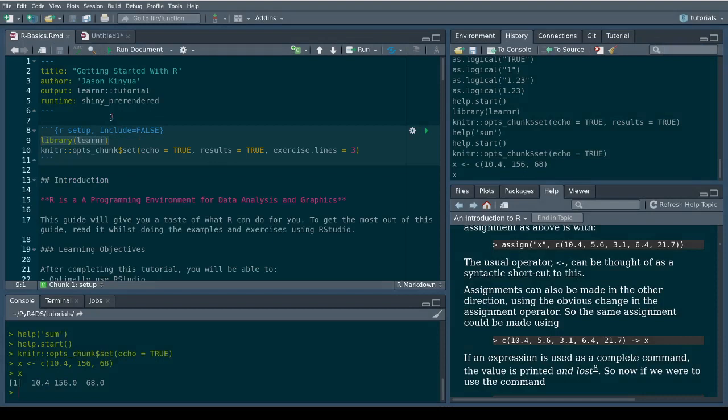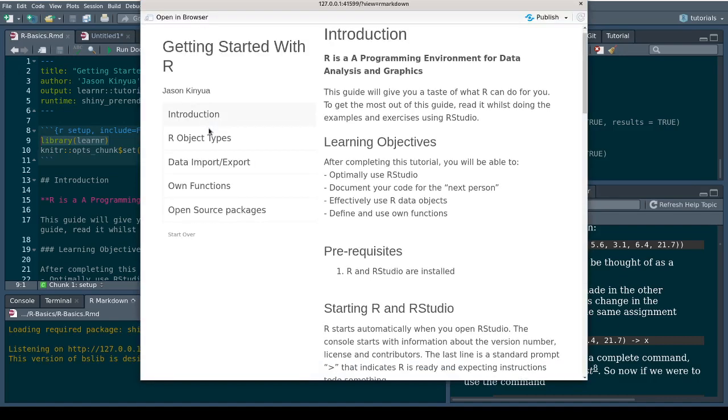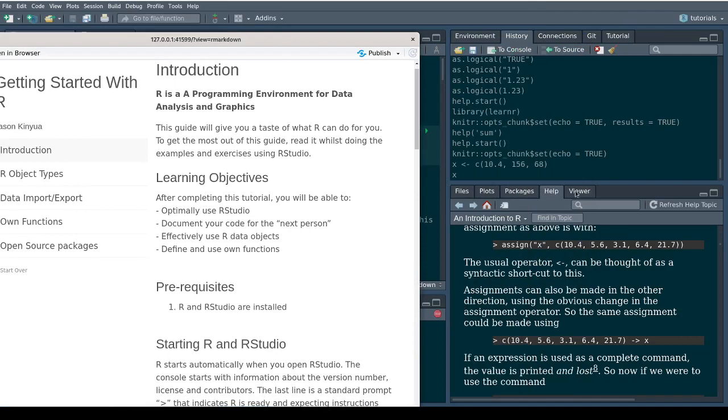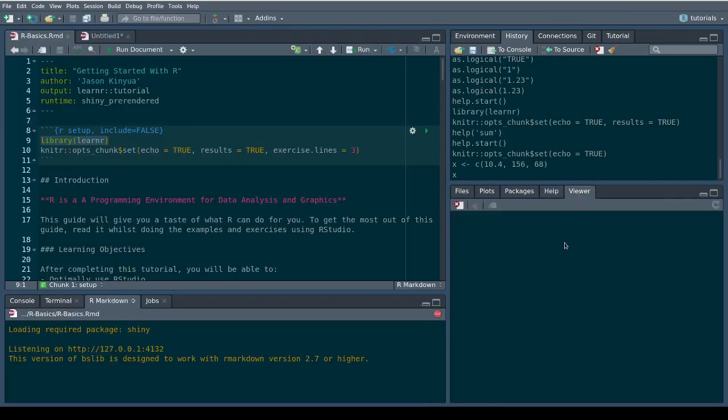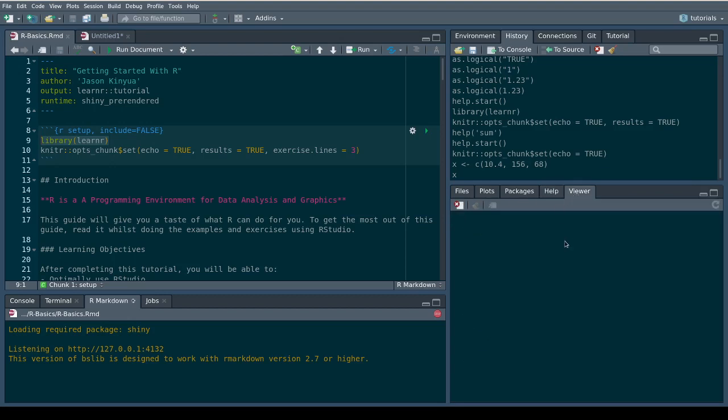Okay, let us go ahead with this guy. Don't mind that I am jumping from one screen to the other. I want you to understand everything, literally everything. I think having covered up to the history, viewer is not as important for now, so leave it. Those are the most important things that you should care about when you are using RStudio.